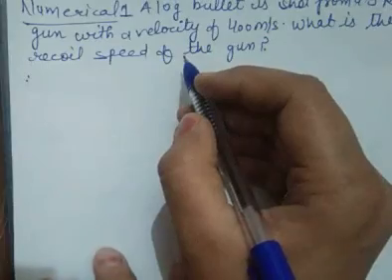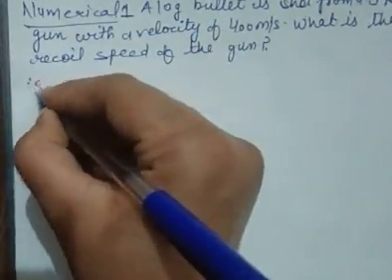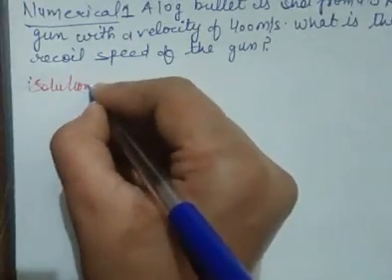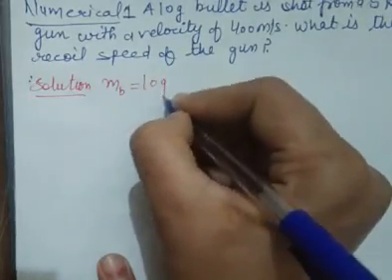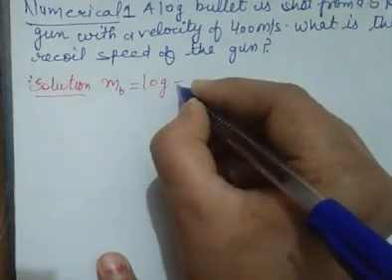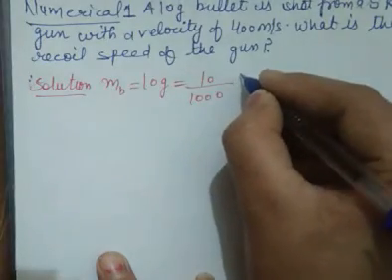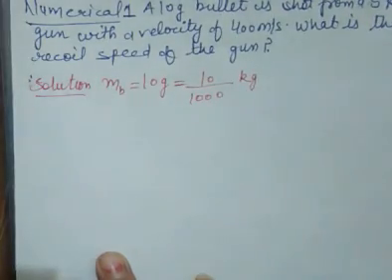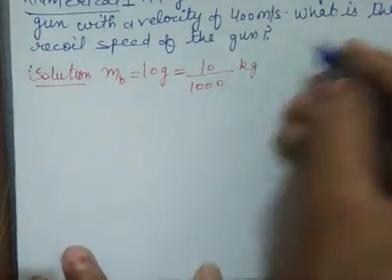So, what is given to us in our statement? A 10-gram bullet. It means what is given to us? Mass of bullet. That is 10 gram. But SI unit of mass is kilogram. So we have to convert into kilogram by dividing it with 1000. We may cancel out and convert the result in fraction decimal form, but there is no need because we will do calculation further.